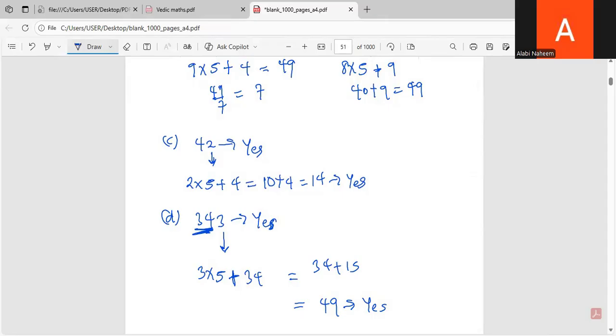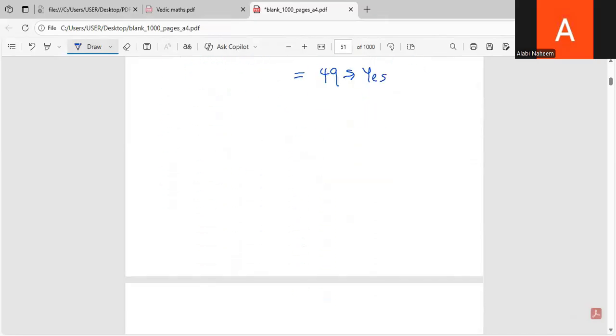Now, someone might ask that we should be able to detect if 49 itself is divisible by 7. So I'll give you a second method by which you can do that. So the second method, method 2. With that second method, we can even know if 14 is divisible by 7. So for the second method,